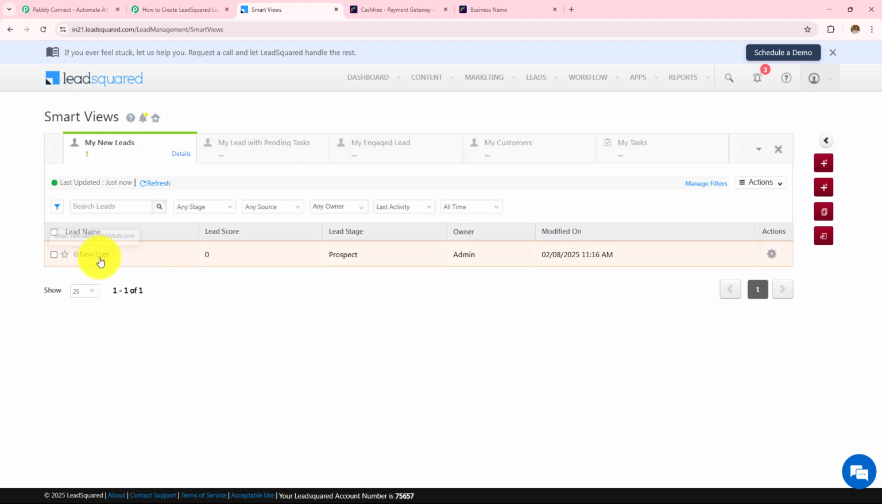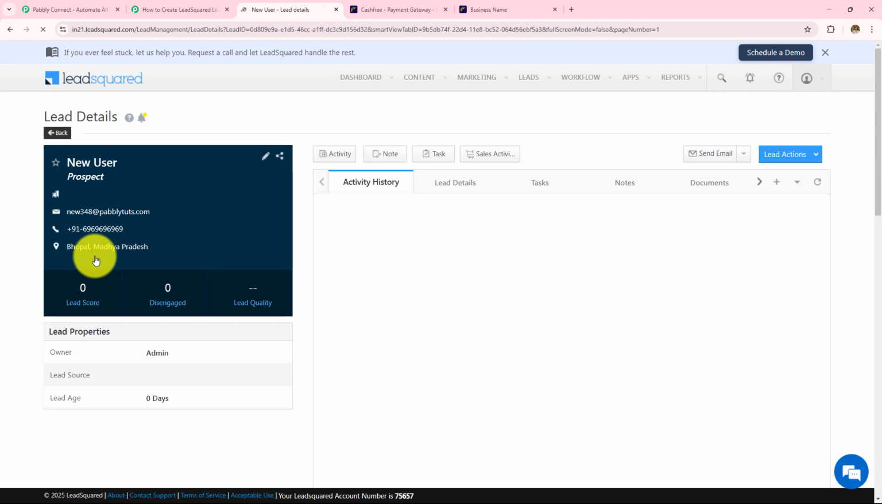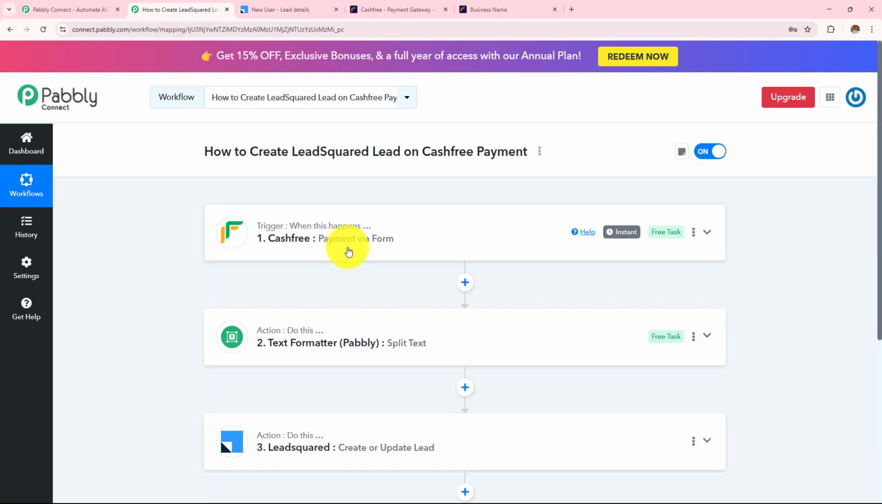And here I can see that this new user has been created. The email address that we added was new348@pabblytudes.com. Phone number was this, address was Bhopal, Madhya Pradesh. So this is how this automation workflow will run, and now to learn how to create this, let's start creating